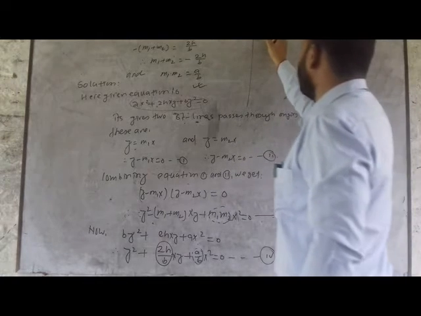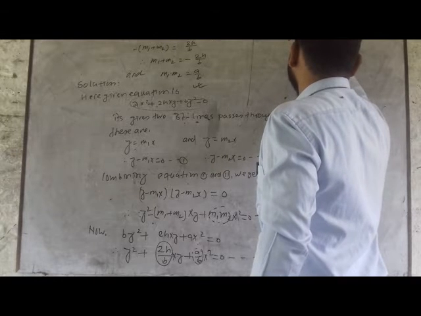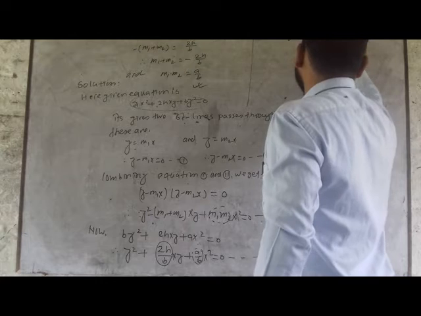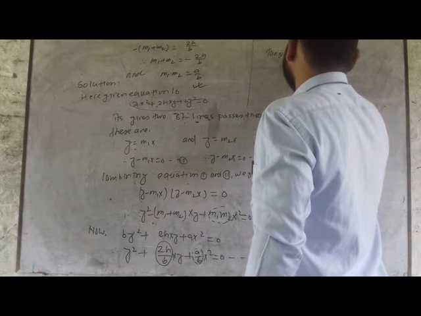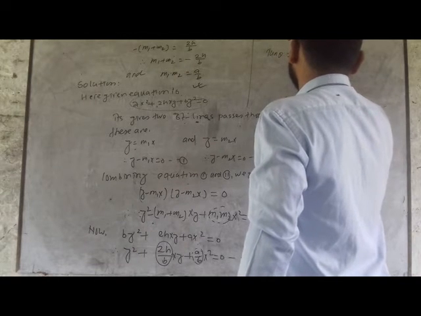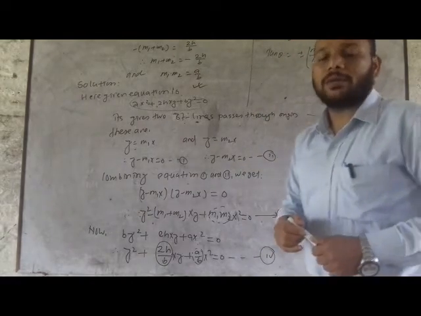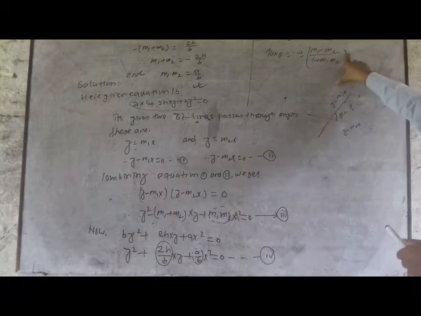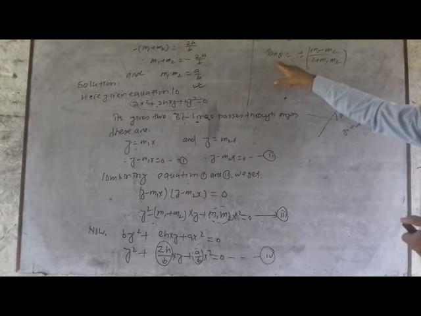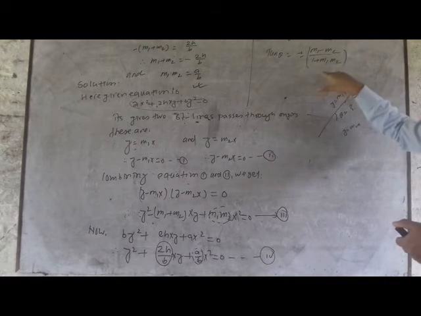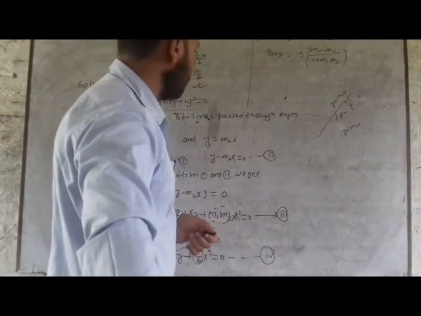Let the angle between them be theta. This is used for pairs of straight lines. So we know that tan theta is equal to plus minus m1 minus m2 by 1 plus m1 into m2. When we have the slopes of straight lines given as m1 and m2, this is the slope of the first line, this is the slope of the second line, then we can easily find tan theta by using this formula. We already completed this theorem in the first exercise, in the first topic of coordinate geometry.